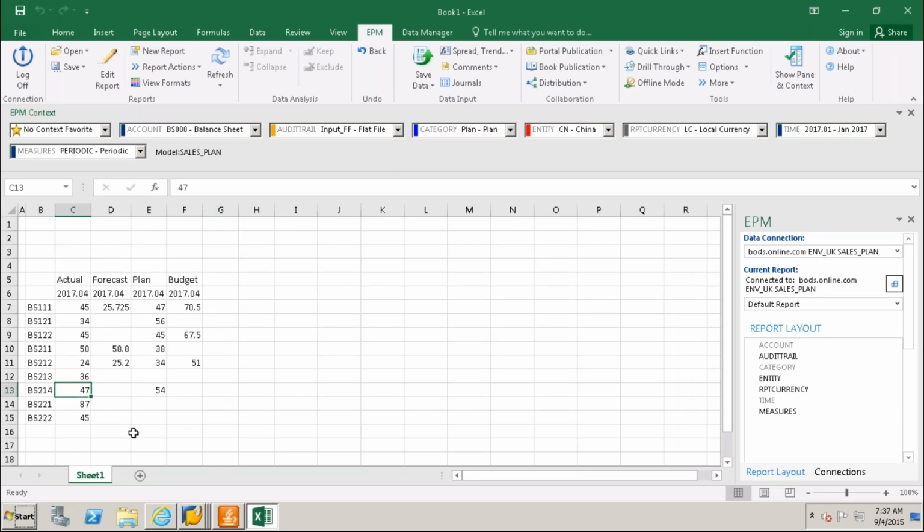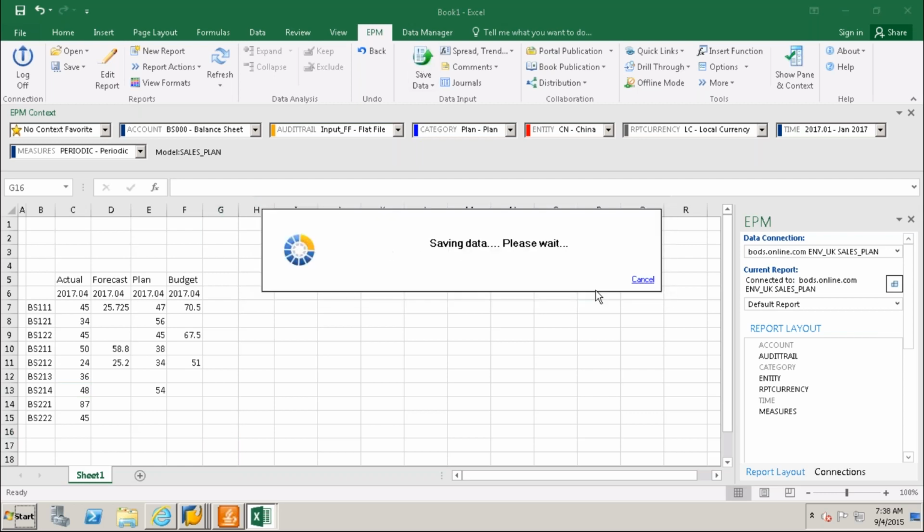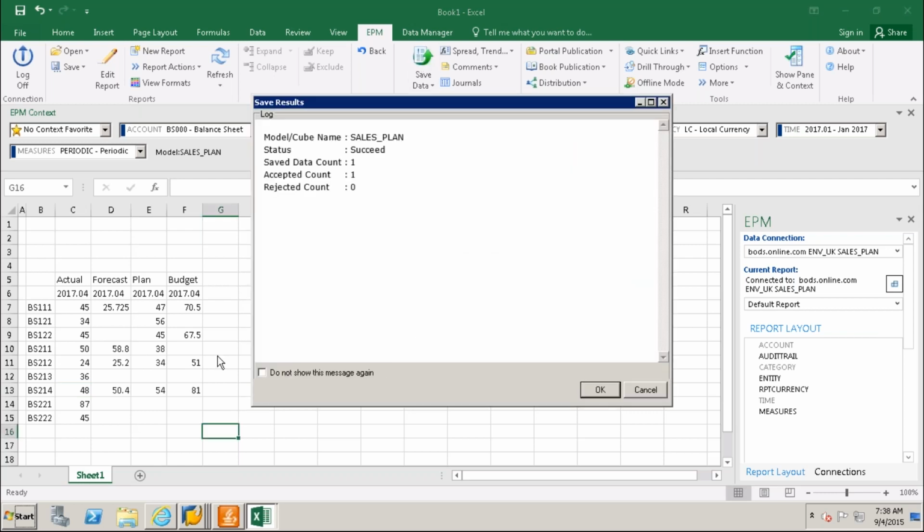For this, I'm going to change it to 48. Save. Yes, it worked out. Wherever we have 48, that is 50.4, and 54 also is carried out here.